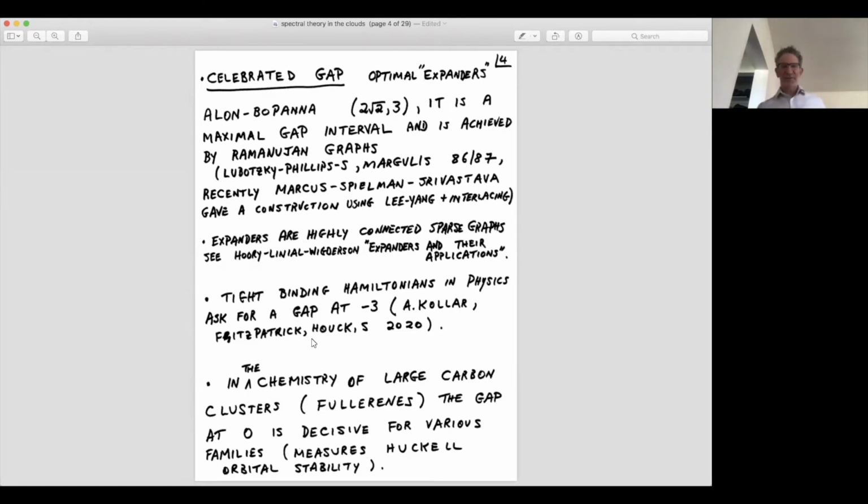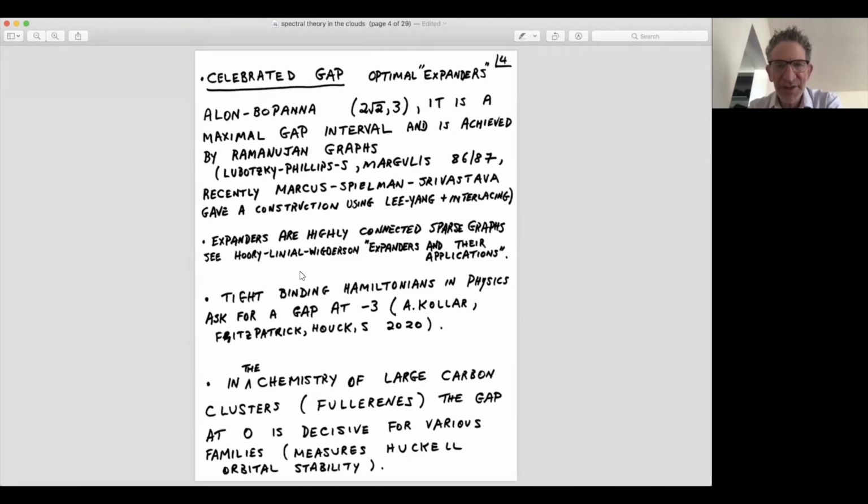And the proofs at that point were quite sophisticated. They used the Ramanujan conjectures, the proof of the Ramanujan conjectures by Eichler, modular forms, and Langlands' correspondence. It was quite involved, and I think people who are most interested in this, such as computer scientists, so you see here that these highly connected sparse graphs are very useful all over in computer science.